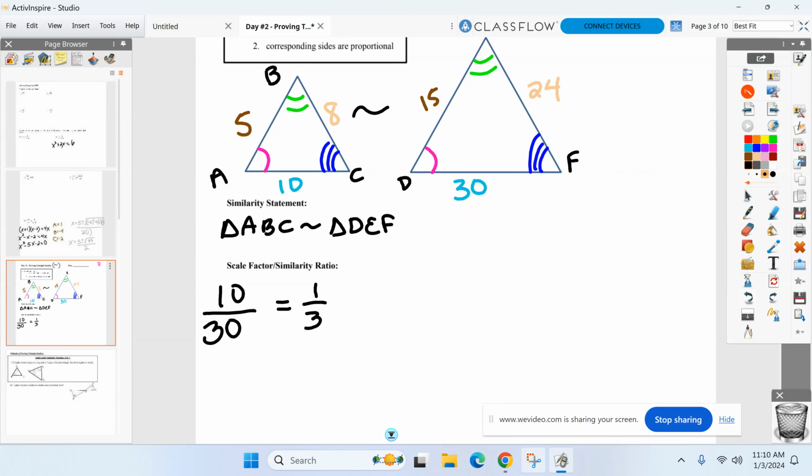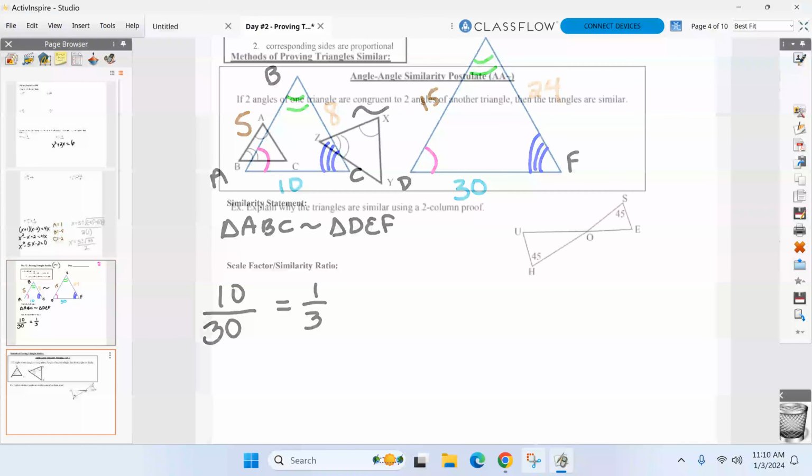Well, how many ways are there to prove triangles similar? 3.5. All right. You can't have a half. Relax. I'll show you what I mean at the end. But there's 3.5 methods to show triangles similar. Let me show you the main method first. And that is,